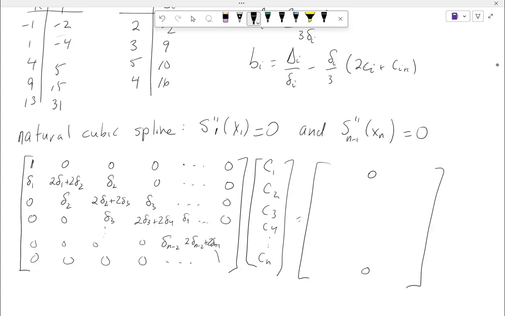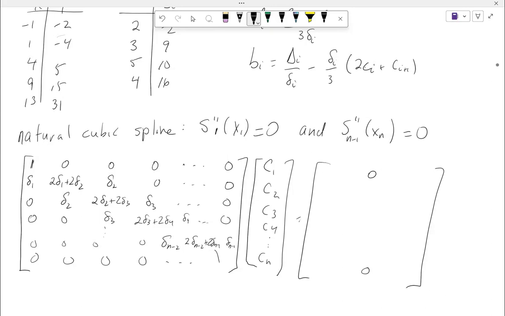A 2 delta n minus 2 plus a 2 delta n minus 1, and a delta n minus 1 here on the end. All right, so that's a lot of numbers that we have in here. Let's see if we can set up exactly what we, and I still have to fill in the right-hand side. I'll do that in a second, okay? But let's see if we can get our matrix set up for the points that we